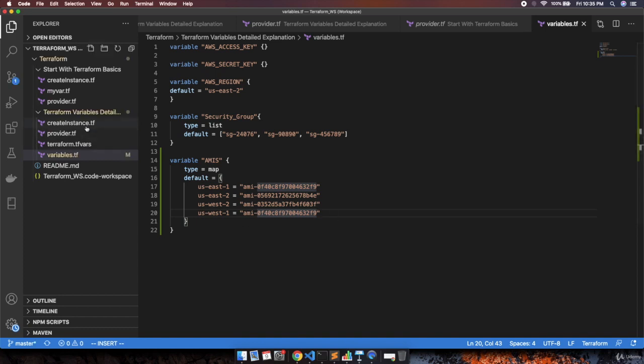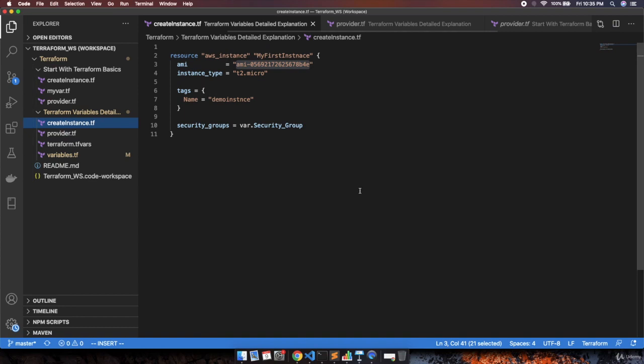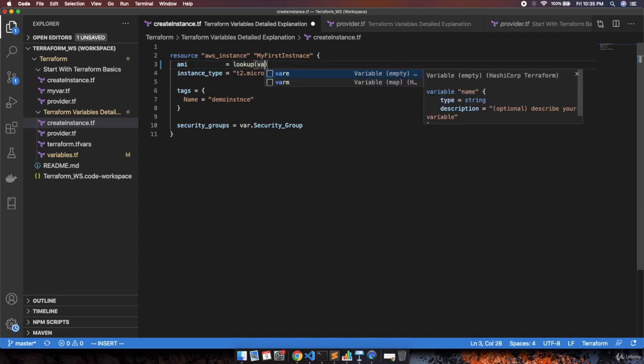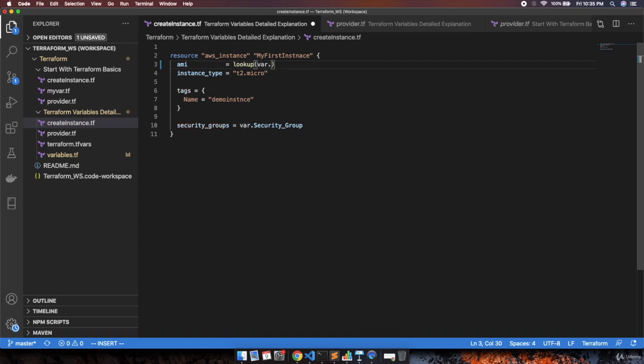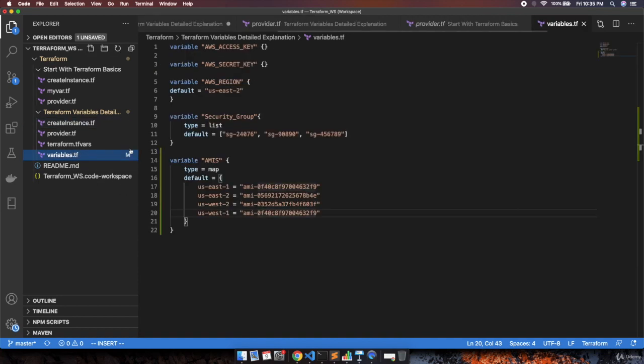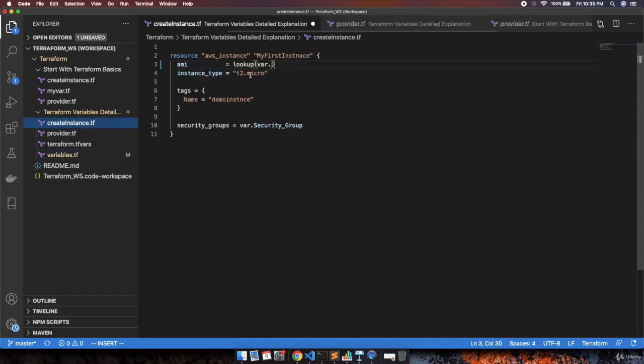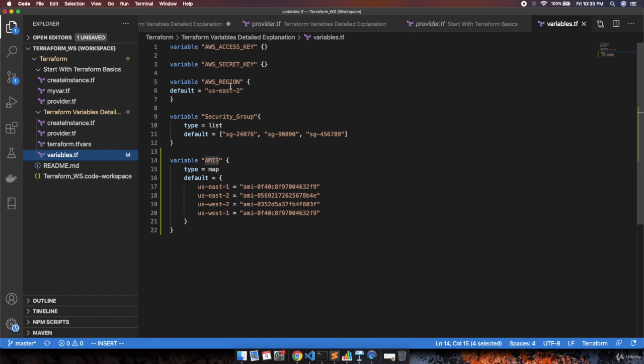Now I will go to the create instance.tf, and over here I will remove the hard coded value. Once I remove the hard coded value, I will use a function lookup. Inside the double quote, I will provide var dot and then the variable of the AMIs, right? So the AMI variable name is AMIS. I will provide the variable name over here, AMIS. Then provide the comma and provide another variable like var dot, and this time I will provide the region,